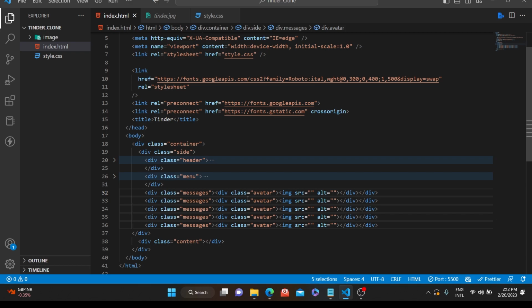So now we would be having a div with the class of message. So div with the class of your message, and inside this div we would be having a class that is your user. So div with the class of user,